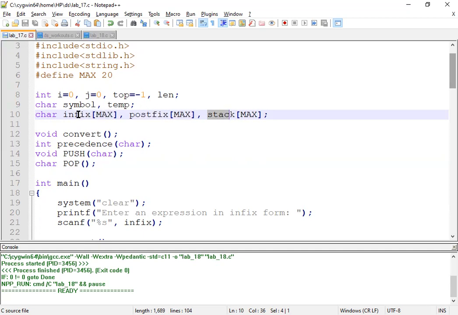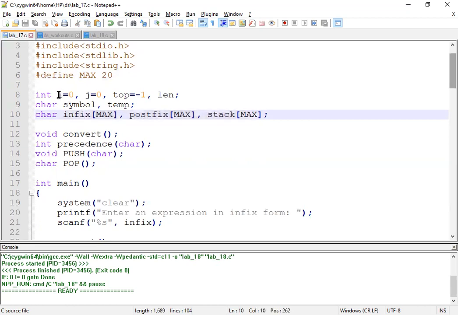The size of these character arrays is going to be max, which has been declared as a hash defined statement, which is a constant. Since we have arrays here, we require index values to access every element of these arrays.